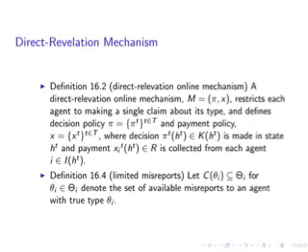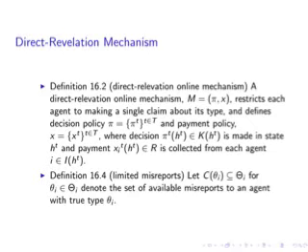Direct revelation mechanisms. The family of direct revelation online mechanisms restricts the message that an agent can send to the mechanism to a single direct claim about its type. For the most part, we consider closed mechanisms, so that an agent receives no feedback before reporting its type, and cannot condition its strategy on the report of another agent.